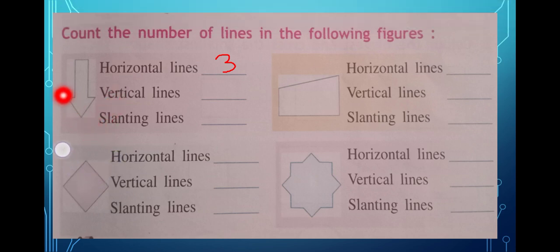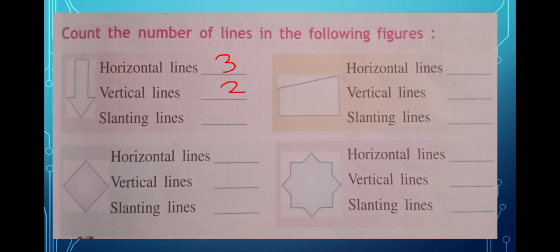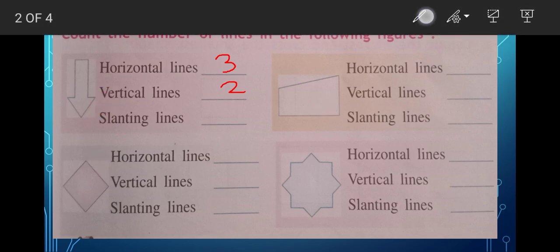How many are there? This is one vertical line, or you can say standing line. This is another one, isn't it? So how many? 2 vertical lines. Okay children, now slanting lines, how many are there? This is one slanting line, this is another slanting line, 2, isn't it? So let us also write here 2 slanting lines are there. Children, write it down along with me. It's on page number 51. You can also start writing with me.